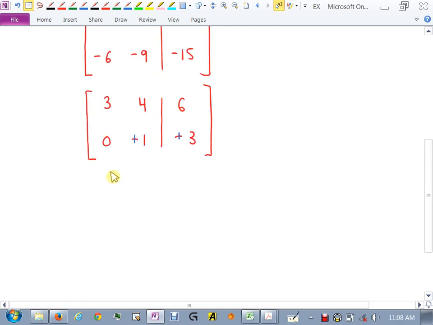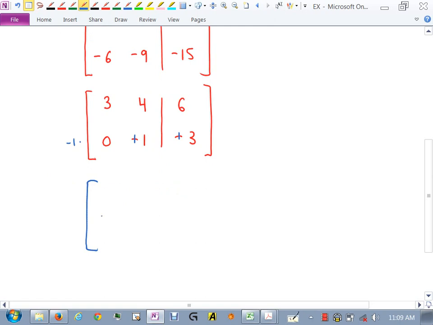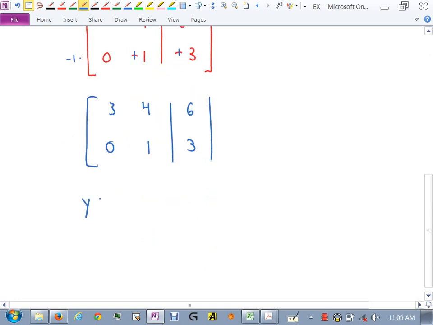Okay, now, I multiplied everything by -1. Just put a -1 multiplied through just to make it look like y equals 3 instead of -y equals -3. I could have rewritten the matrix. I was trying to avoid that, but I will do it. There. So this means y is 3, right? And once I know that, I come back up.